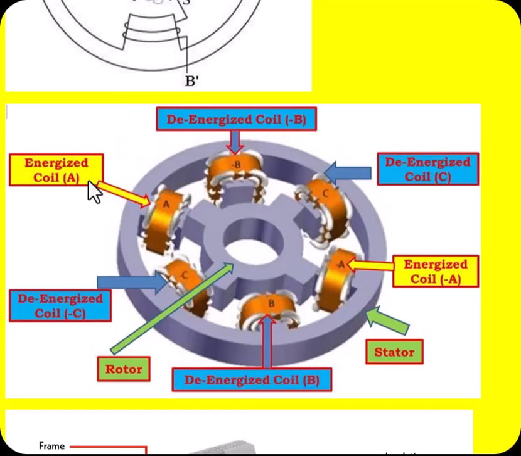Phase A coil is energized, means A and A dash are energized. So it forms the poles, in such a way that the north pole of the rotor and south pole of the stator will attract each other. In the next moment, this phase A coils are de-energized and coil B